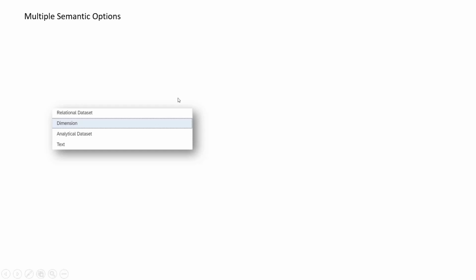So in SAP DWC, we have multiple options like relational dataset, dimension, analytical dataset, and text. You will see these options when we'll be creating tables. And to keep it simple, for the starting flow, I have just used relational dataset. I am not going to use these three options. What I will be doing is I will use these three options and will put the video in the last section or second last section. So you will understand how those work, but I don't want to confuse you, because